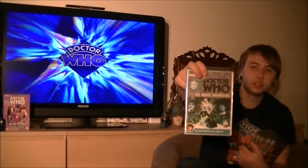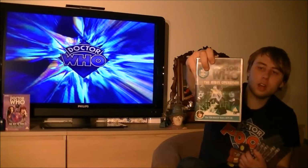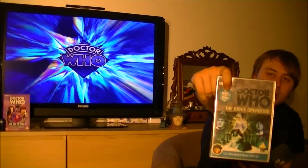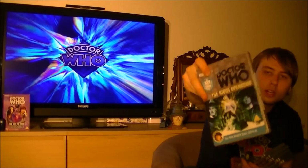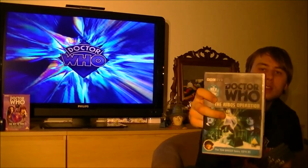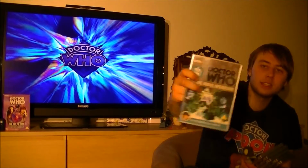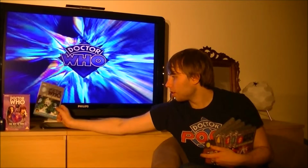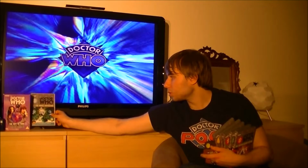So they go out in this one to the Ribos Operation, the 4-parter, to find the first segment of the Key to Time. So as you see on this, each one of these says the Key to Time there and which number of story it is. And in the middle you can see the segment they found in that story. So that's story number, let's see which one it is, story number